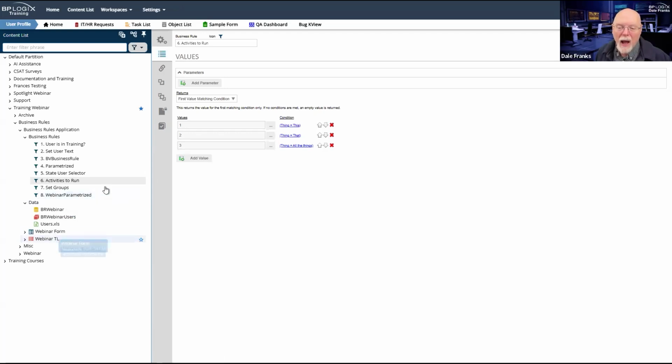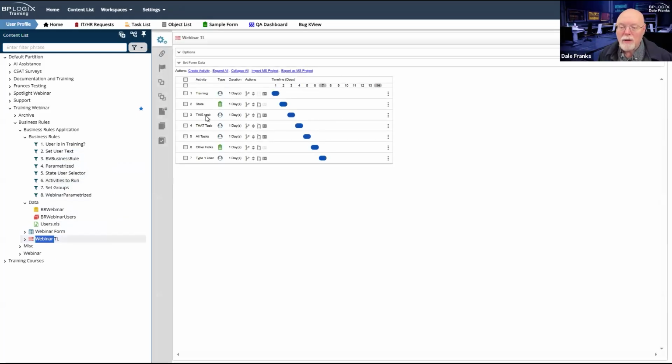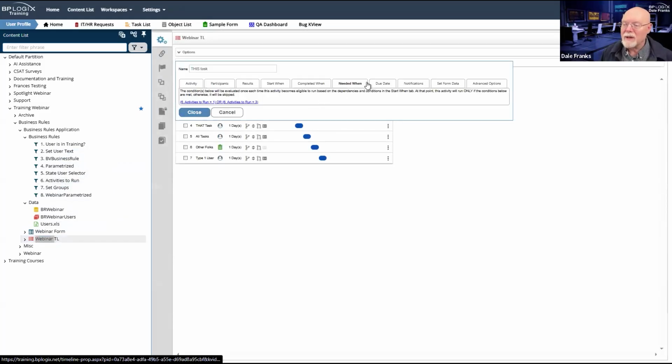So if we now, knowing that we will return either 1, 2, or 3, so this is 1, that is 2, and all the things is 3, now we can go back and look at our process timeline, see how it works. So we'll go with this task.